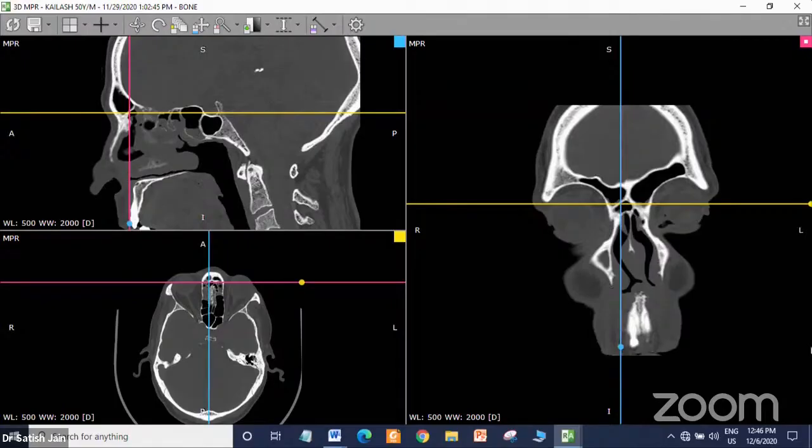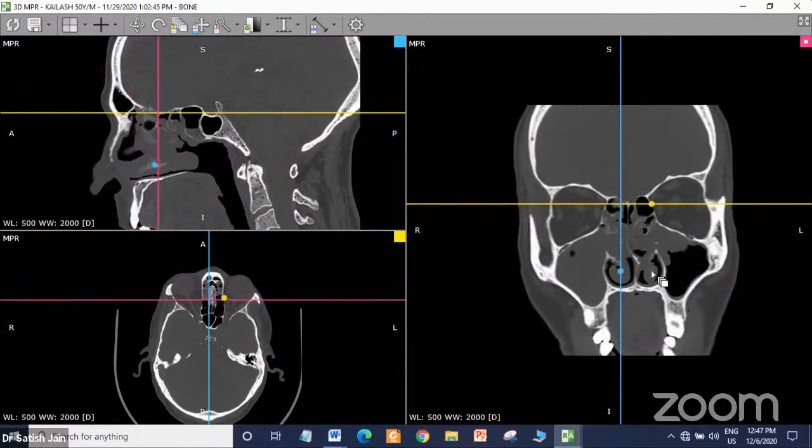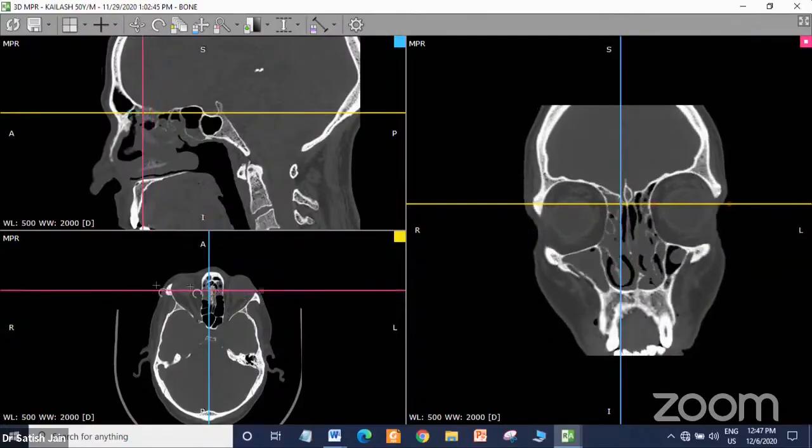In sinus surgery, we have two goals. Like in this patient, we are going to do a full sinus surgery. We have two goals: to complete the procedure in one go with complete removal of the septations to ensure that the steroid reaches postoperatively everywhere, at the same time preventing complications. That is very, very important, because the margin of safety is very small in sinus surgery because of its close proximity to the orbit and